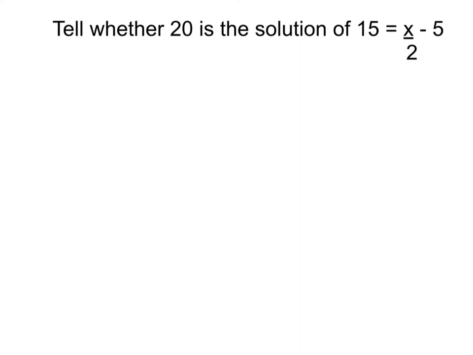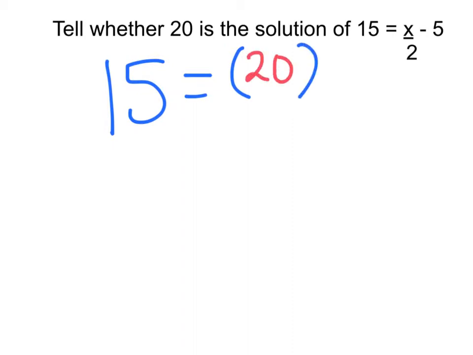It says, tell whether 20 is the solution of 15 equals x divided by 2 minus 5. So I'm going to rewrite this equation, and I can see it says 15 equals, and then instead of x, what am I going to pop in there? I'm going to do open parentheses. I'm going to pop in 20, and I know that I'm getting this from right here, right? Divided by 2